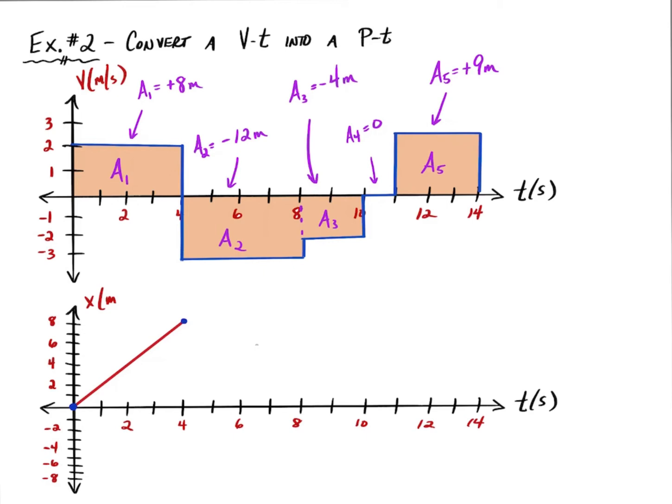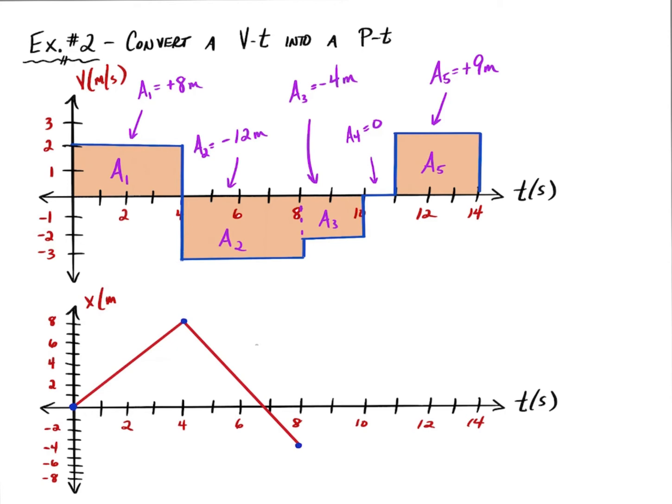Now, for the second area, I am going 12 meters backwards, but not from 0. I'm going 12 meters backwards after I've already gone forwards 8 meters. So I'm going to take the positive 8 and I'm going to go 12 meters downwards from that. So I'm not going to go all the way down to negative 12. I'm only going down to negative 4 because I'm dropping 12 meters in the negative direction after having gone 8